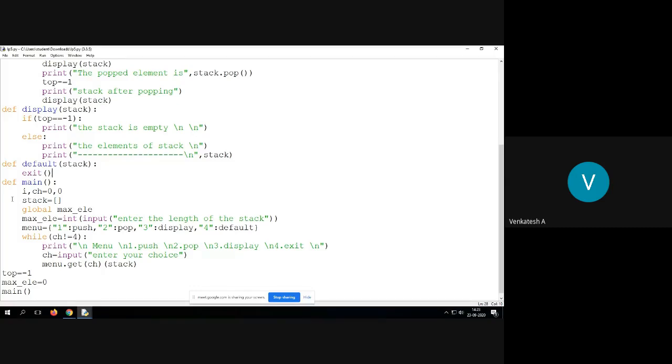Like that we write. Now for that purpose, just observe how I am defining the main function. Just like any other function, I am defining the main function also. You can see here I am highlighting this portion, define main function.